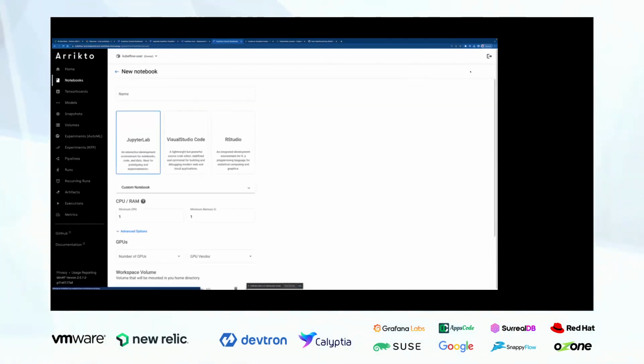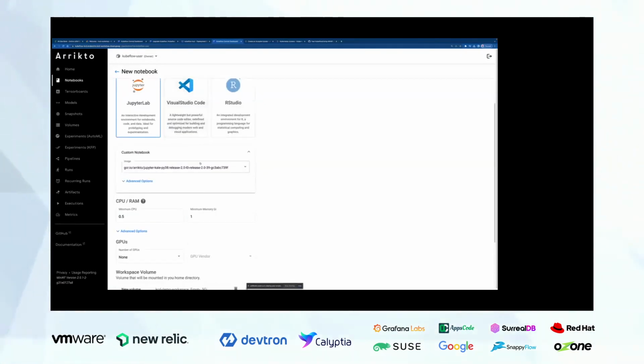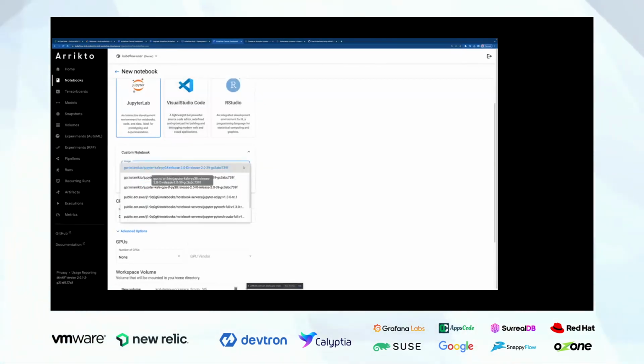You can select new notebook and give it a name. Then choose what you want to be installed in this machine: it's just JupyterLab, VS Code, RStudio, or if you have any specific container that you want to run here, you can also select that.